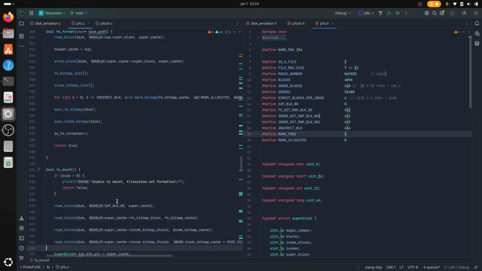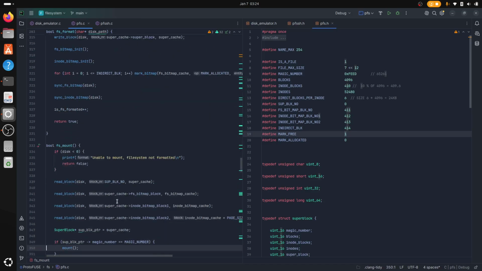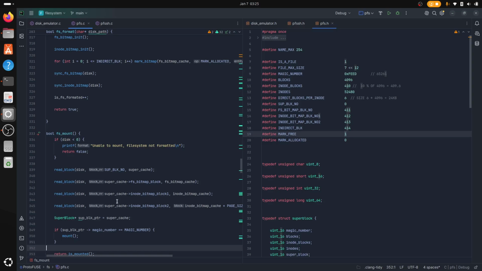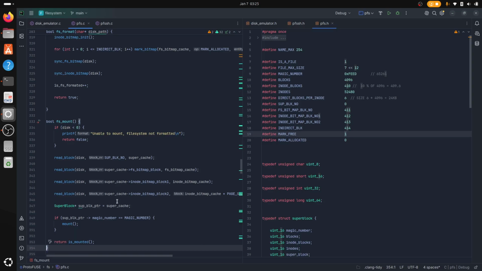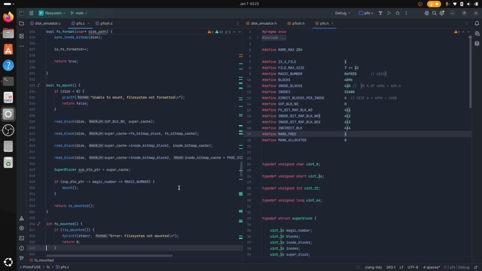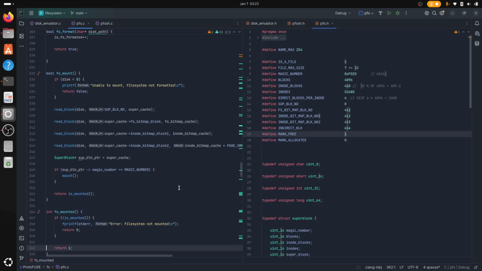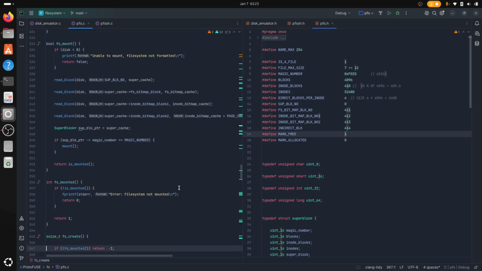So that's what this does. The fs mount just uses the super block, the FS bitmap block, and the inode bitmap block, loading them to RAM, to a cache. So this is super block to super cache, FS bitmap blocks to FS bitmap cache, inode bitmap to inode bitmap cache, stuff like that. I don't want to go into too much detail, as it can be kind of confusing. But the general idea is that we can format our file system, we can mount our file